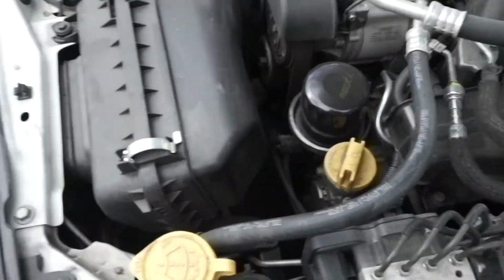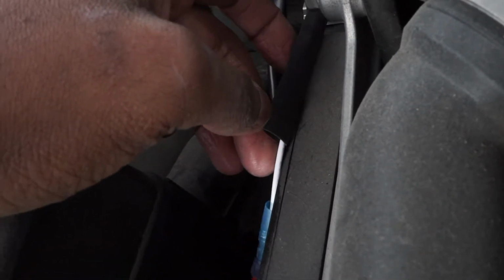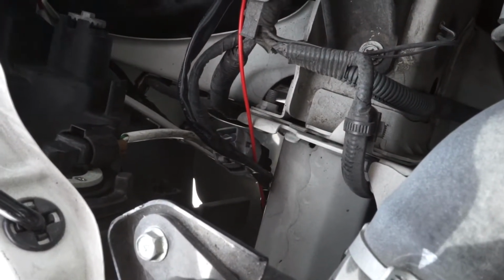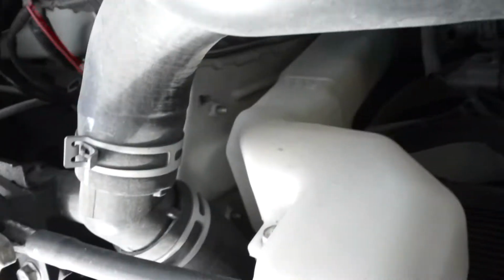So a little hiccup had happened. Yeah, I had to wire tap. That actually goes to the switch. So I had to wire tap the switch wire to some extra. I had to go out and buy some extra wiring so I could wire tap the switch's wire all the way down where the fog light wires go through, and follow it underneath the bumper